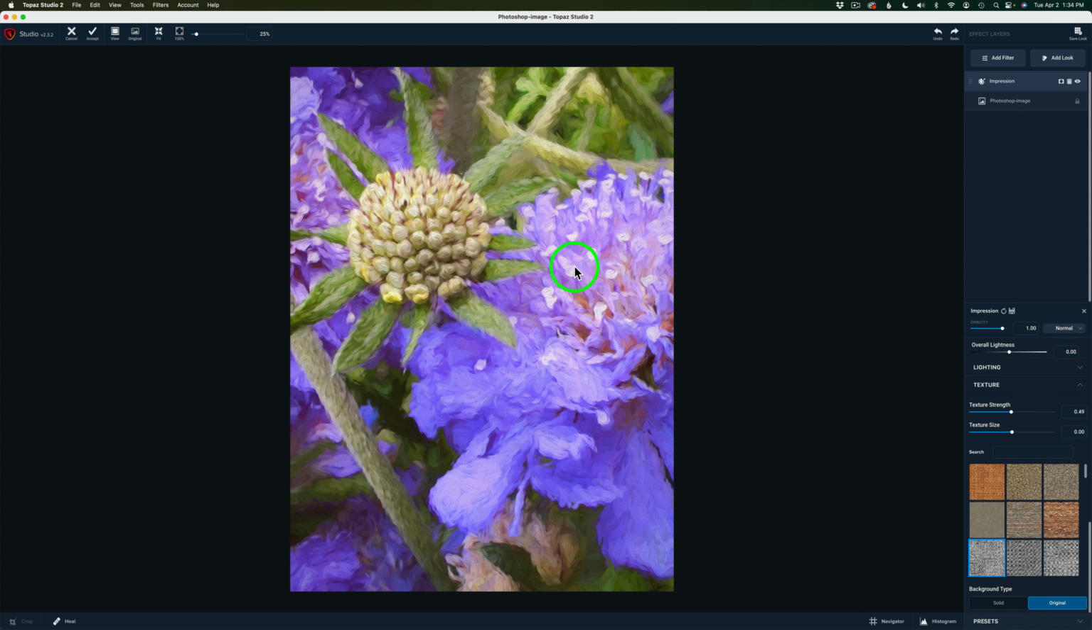Let me left click and hold on the canvas. Here's the before and now the after. So I really like the transformation that this image has taken so far. To add another filter, come back to add filter, click,